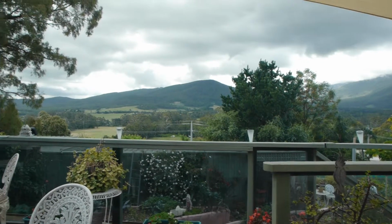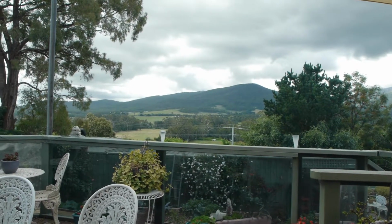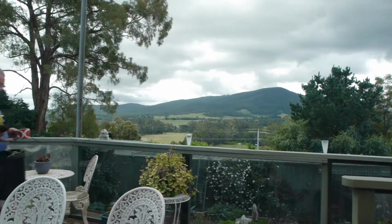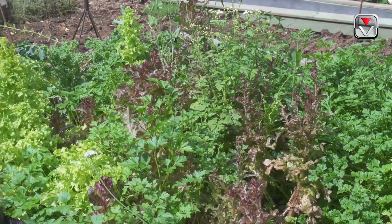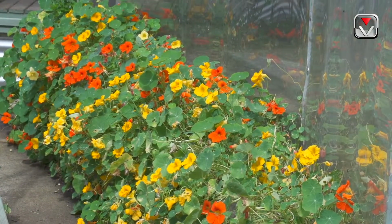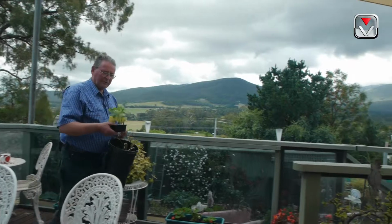I'm an inventor. I've been developing technology for about 20 years and I've developed a number of composting techniques. I live in this beautiful environment in the Yarra Valley in Launching Place, and I've just taken my kitchen scraps from out of the kitchen and I'm now just going to take them down and put them into the Biofuelcell,